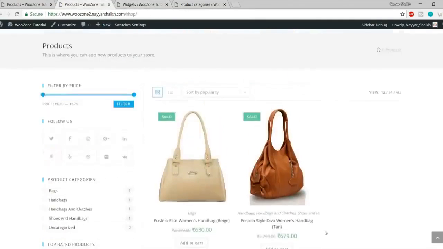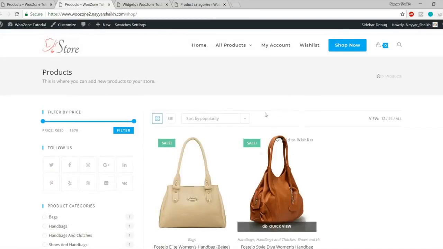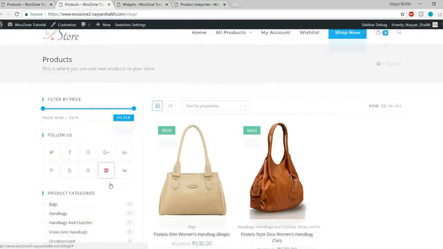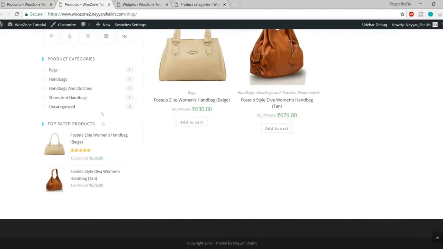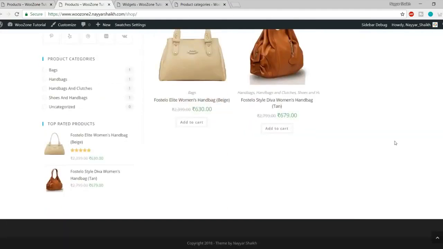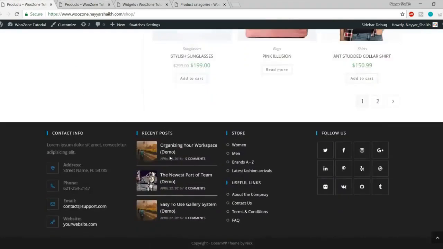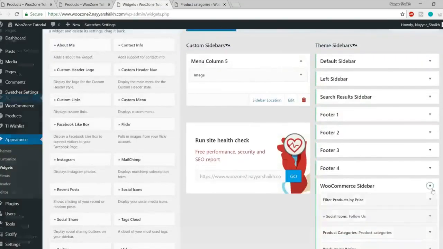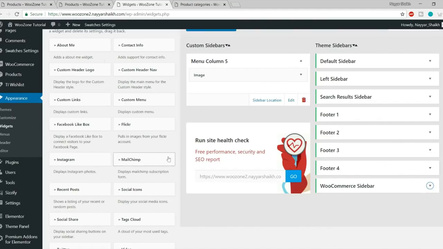Okay, so with this we have also completed the shop page, how you can display the shop page and a different sidebar for it. Now let's do the final thing, which is to change the footer widgets. We have some widgets used in the footer. Let's add these widgets. Again, in the same page under the footer one, what we'll do first